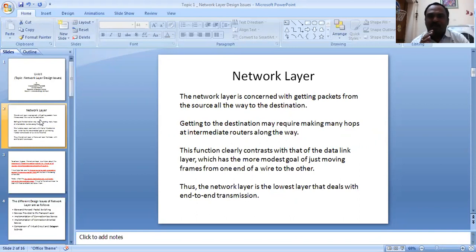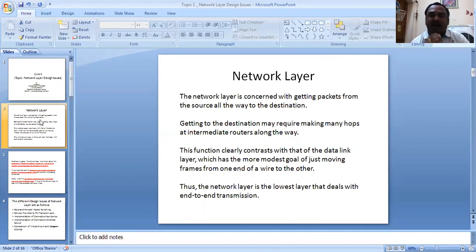Your source may be in some area, the destination may be in another area. Say for example, your source may be Bowen's College and destination may be ECL Crossroads. So now data should be transferred from Bowen's College to, sorry, to ECL Crossroads, which is the destination point.